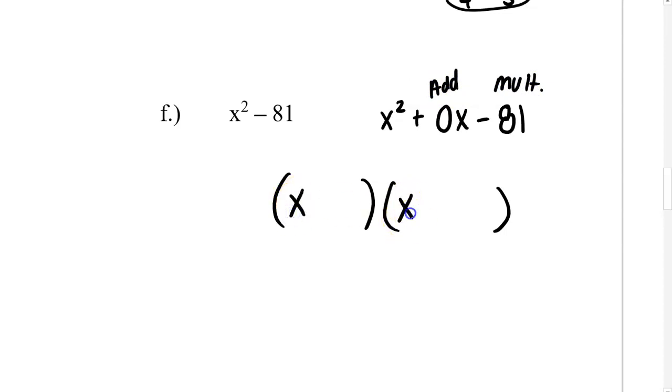If we start with our x's here, the only way we're going to multiply to a negative is if we have one positive and one negative. And the only way we're going to add to 0 is if those numbers match, right? The only things that add to 0 would be like 9 plus negative 9, 4 plus negative 4, 3 plus negative 3. So if we're thinking about factors of 81, our only options are 1 and 81,